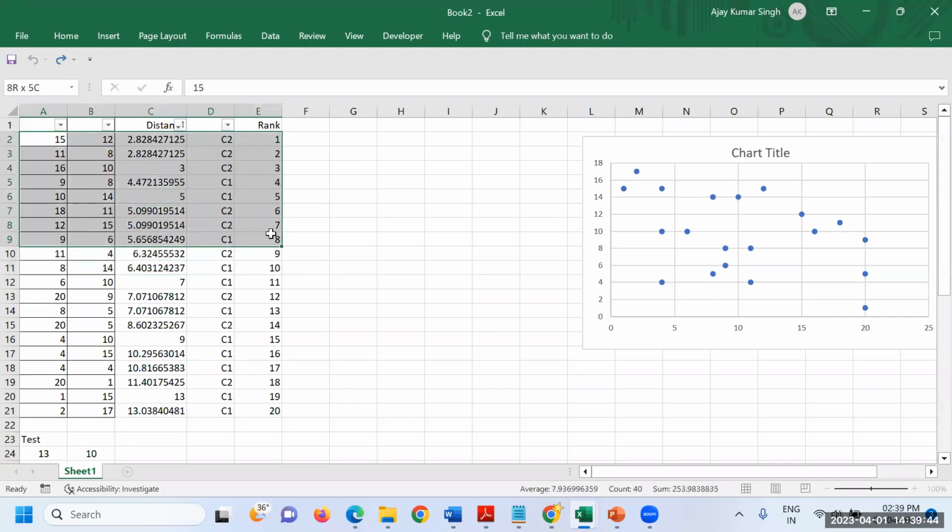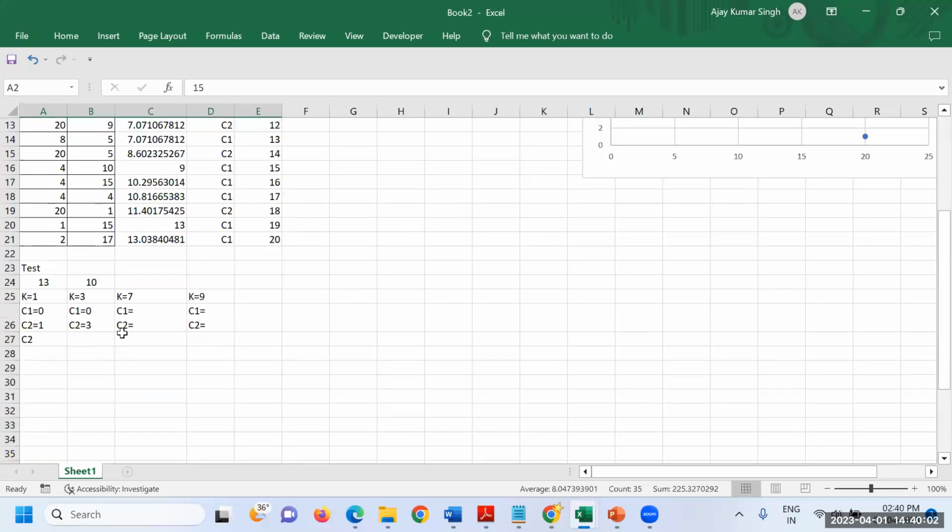In the same way, if k is equal to 7, we are going to take 7 data points: 1, 2, 3, 4, 5, 6, 7. 7 nearest points from this particular test data 1310, isn't it? And then we are going to see how many C1s are there. Only 2 are C1, and the rest 5 are C2. So in which class? The majority is C2. So the final output will be C2. What about when the value of k is 3? The majority is C2, so the answer will be C2.